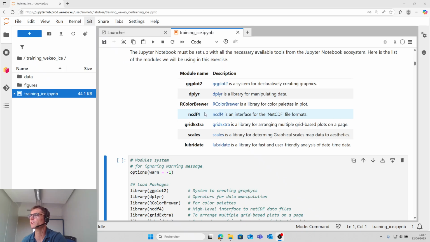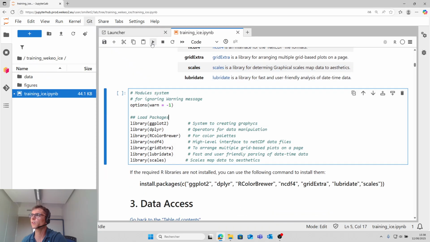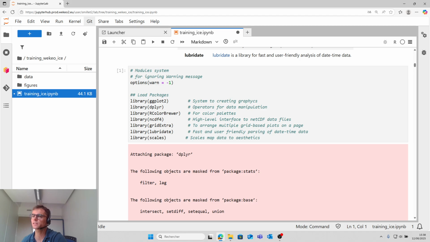ncdf4, an interface for the netCDF file format. gridExtra, a library for arranging multiple plots in a page. scales, a library for scaling map data for aesthetics. And lubridate, a library for date time data. So first we run the cells.